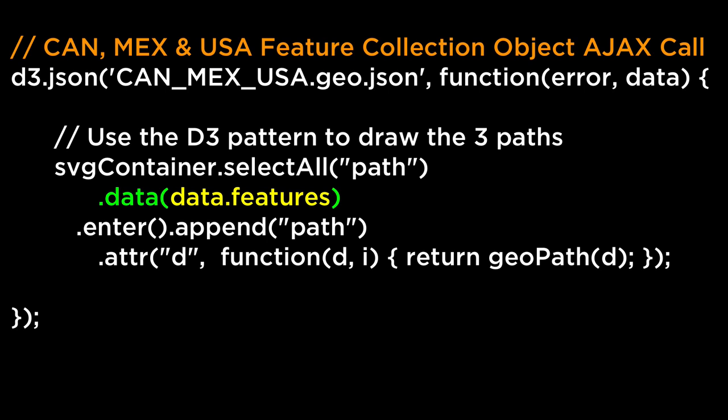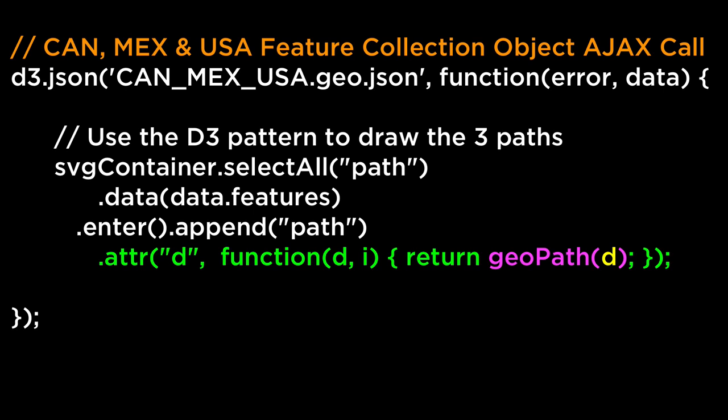We then pass this array to the D3 data operator. Then we select the enter selection and append SVG paths. This means that each SVG path will have bound to it one of the GeoJSON feature objects, which means we will have three SVG paths where each one represents either Canada, Mexico, or the USA. Then, just like before, we use the geoPath with our selected geoProjection to convert the GeoJSON feature object into SVG